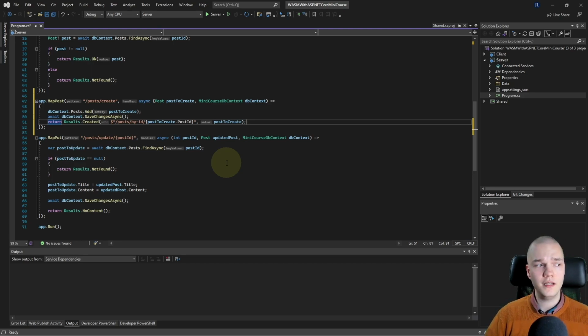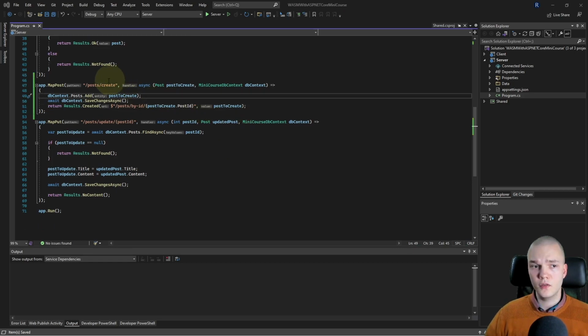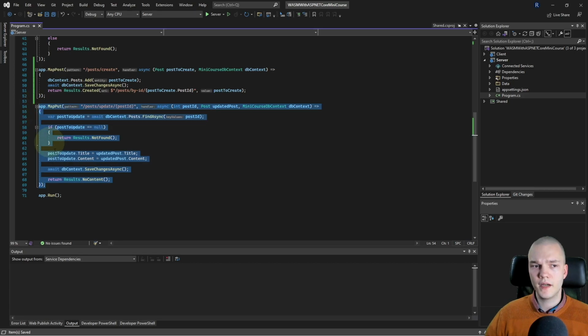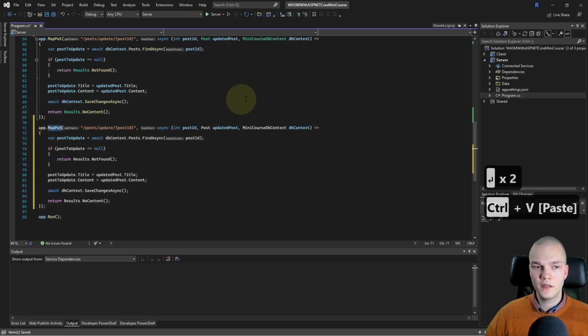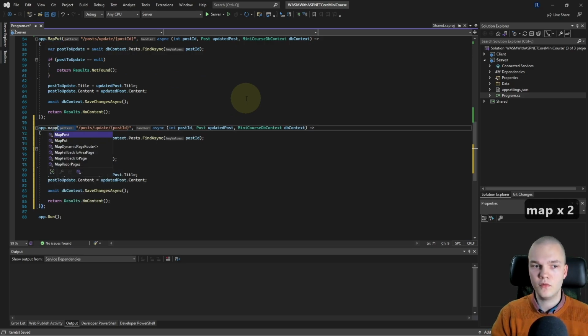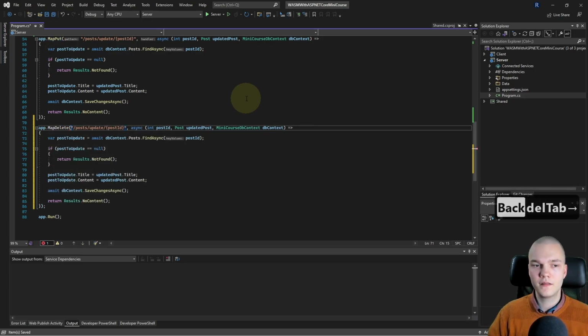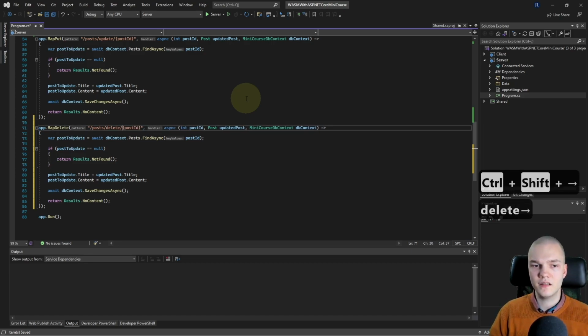Now for the delete endpoint, I'll go below the put endpoint, and I'll just start again by copying and pasting the put. I'm gonna change the method to map delete, and for the route I'm gonna do posts/delete/post ID.